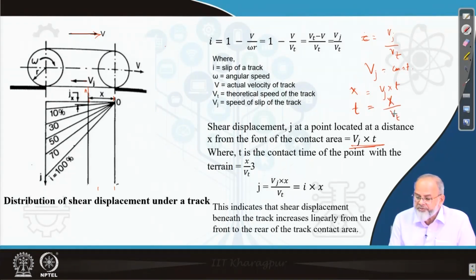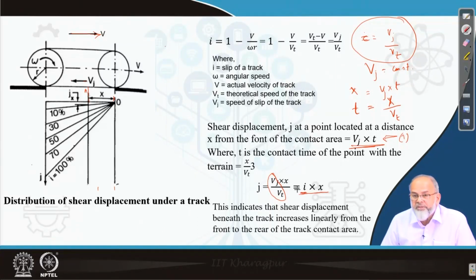Now if you substitute this expression in this equation, then j, that is shear displacement, will be equal to Vj into x by Vt. So that is equal to Vj by Vt. We have already expressed that this is equal to the slip. So instead of Vj by Vt, I have written i. So j will be equal to i into x,